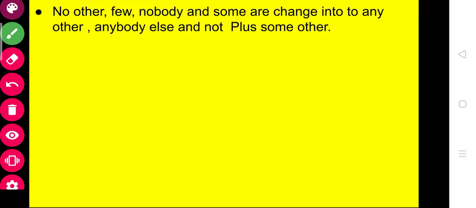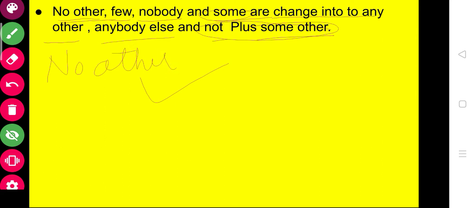If you are going to see that there is no other, few, nobody, or some given in the beginning, if these phrases are being used, those would be changed into any other, anybody else, not plus some other. Not plus some other, I'll let you know by the use of the sentence, but it's very clear here. If the statement starts with no other, okay, like any statement, if we take